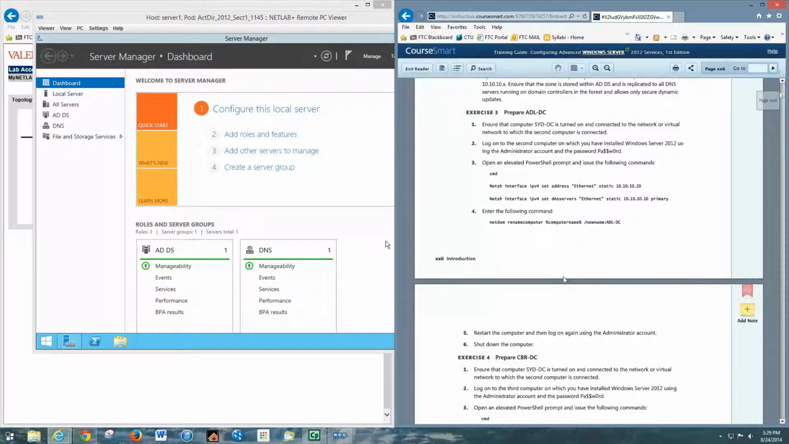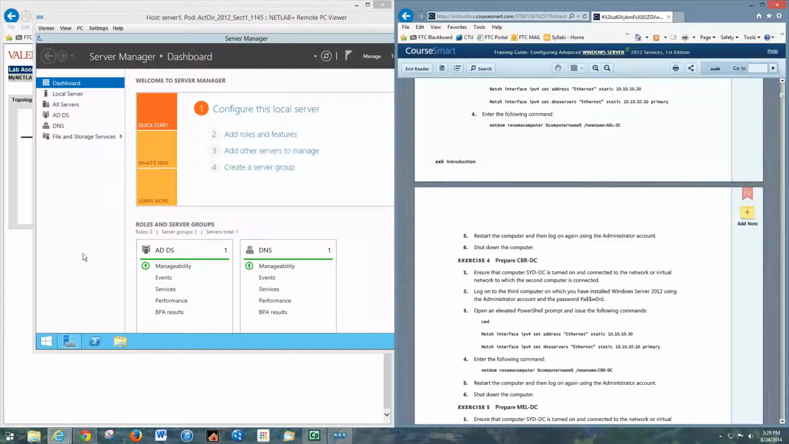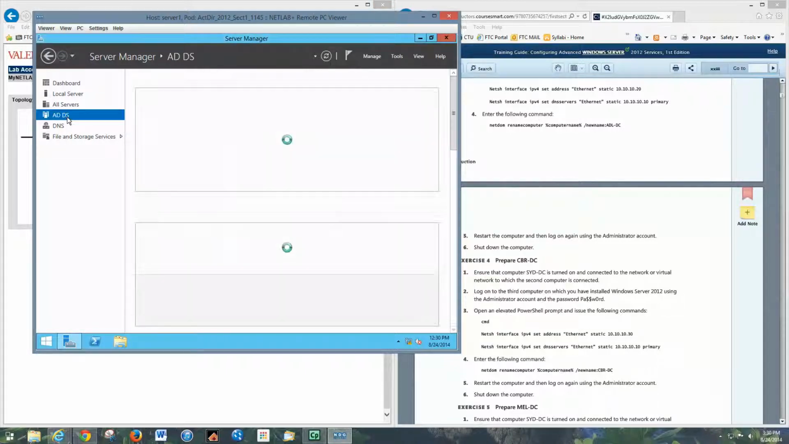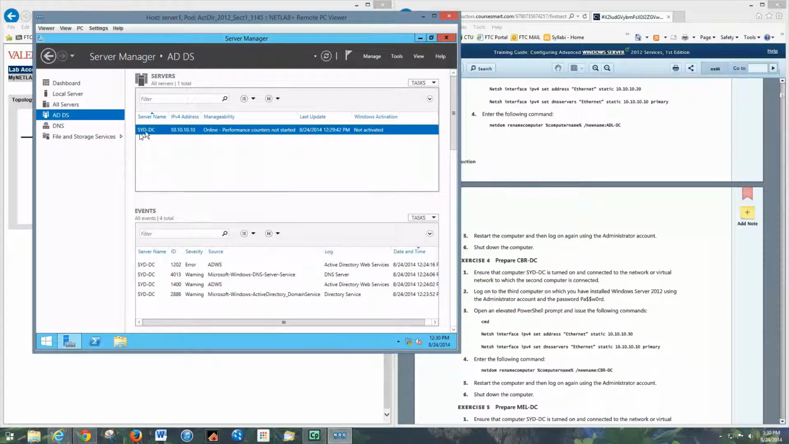So all 4 of these servers are actually created for you. Now the one thing you have to do is you're going to have to go in and make sure they get... yeah, see, SYDDC. So this is Sydney. All right, so you're going to have to make sure that you go in, and if they're not done right now, you have to go ahead and